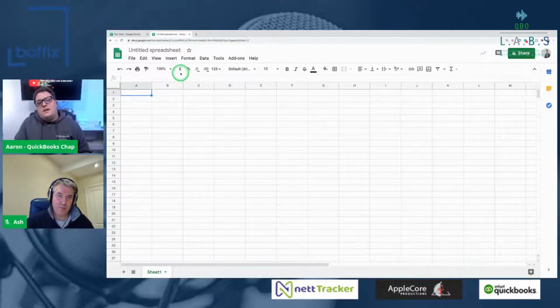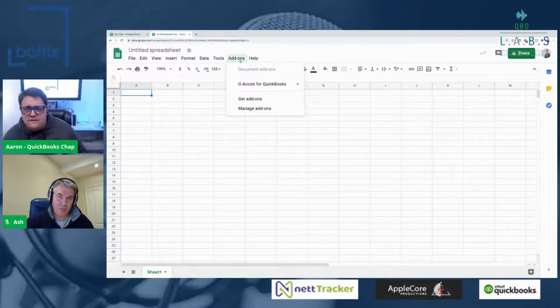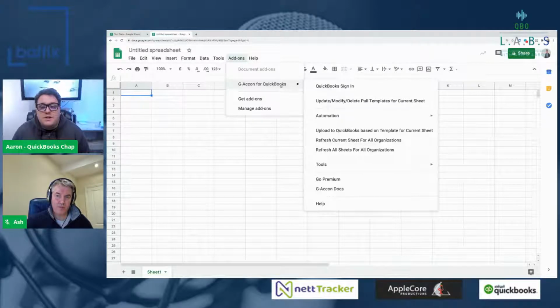What we would suggest looking at is under the Tools section, or the add-on section, should I say, and this is all through the App Store when you first want to find the connection. You'll notice there's an option that I've put in called GACON for QuickBooks. This solution is all about paying one monthly subscription, and it's really, really low. There's even a free trial you can play around with.